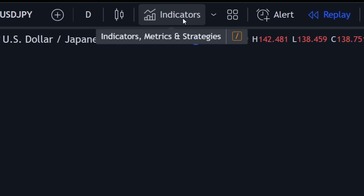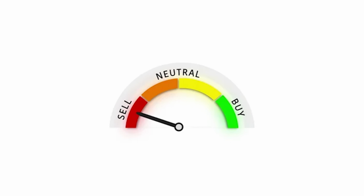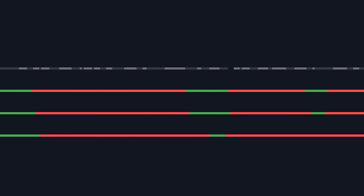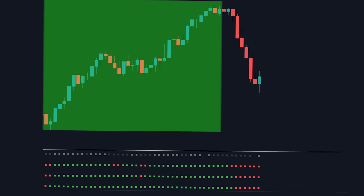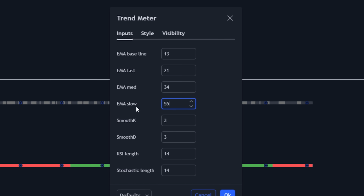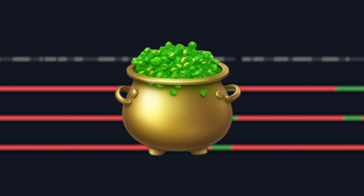I added it to my chart expecting some mediocre indicator that would be right somewhat of the time. But then I checked the chart history. I was immediately blown away from how accurate this indicator appeared to be. It was doing a surprisingly good job at finding where the trend started and ended, and this was without optimizing the indicator at all. I was starting to get extremely excited because I thought I stumbled upon a gold mine,